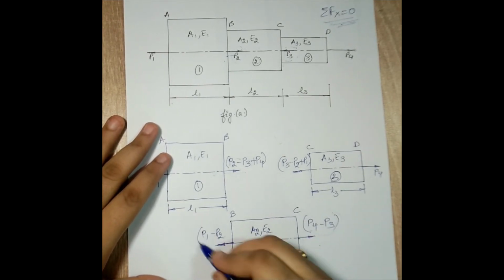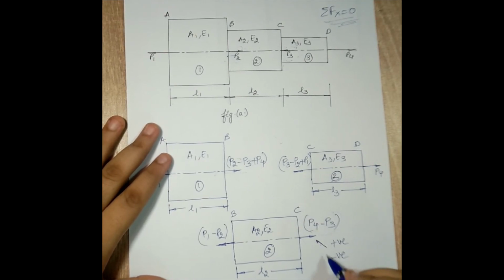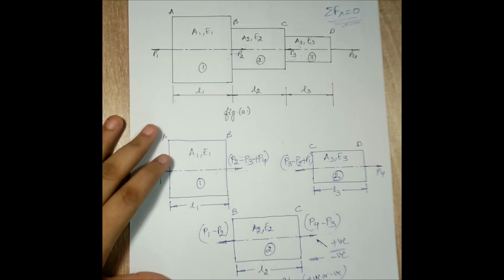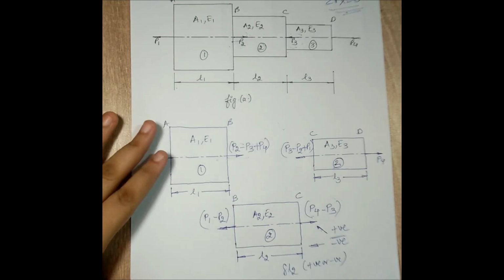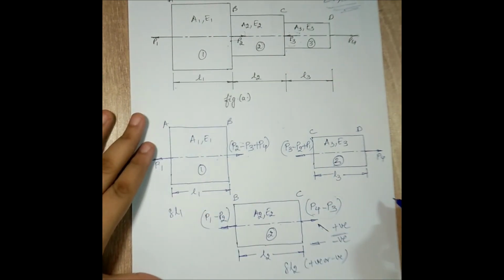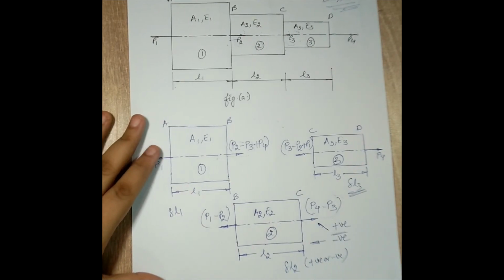So you need to just refer to the question. If this value is positive, then you can draw this kind of arrow. If it is negative, you will have to draw this type of arrow. This delta L2 can be either positive or negative. I am assuming that this could be a positive value. You can also take it as a negative and create the formulation. Later on you can just check with a numerical. So here I will assume the change in length is delta L1, and for the third one the change in length is delta L3.